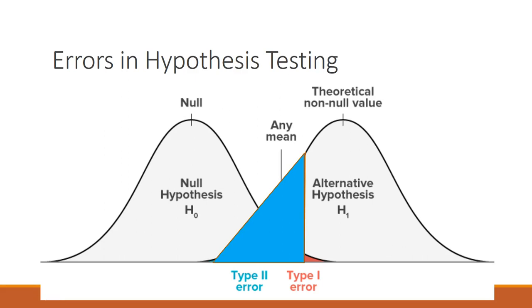If we say we really don't want to commit a type 1 error, that means we really don't want to conclude that fertilizer helps farmers when in fact it doesn't. If we say that, then we say, well, I need a lot of evidence before I am willing to say that fertilizer helps farmers. In that case, there's a very small chance of type 1 error. That means you're going to set your alpha to like 0.01 and you have very small chance of type 1 error. But if you set yourself at such a high significance level,